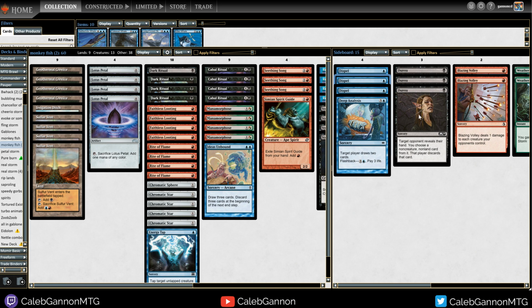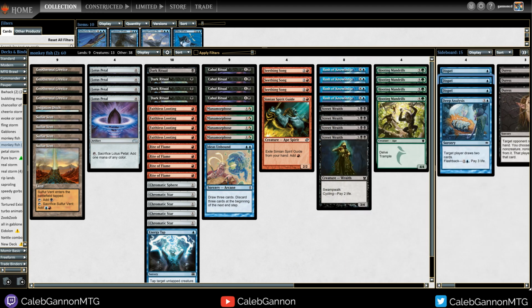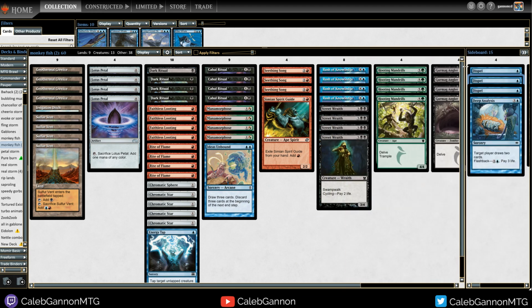I'd rather just be able to Duress them preemptively, because then you can also use Duress to delve for one of these guys. So I like that, but